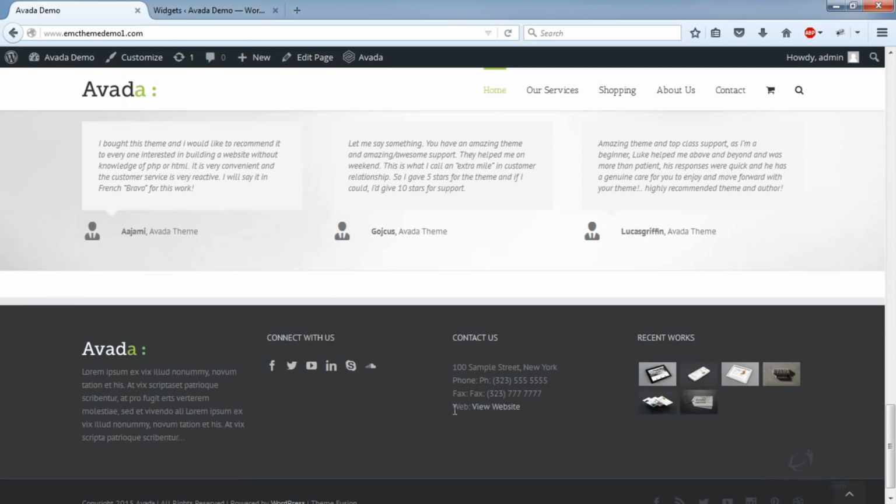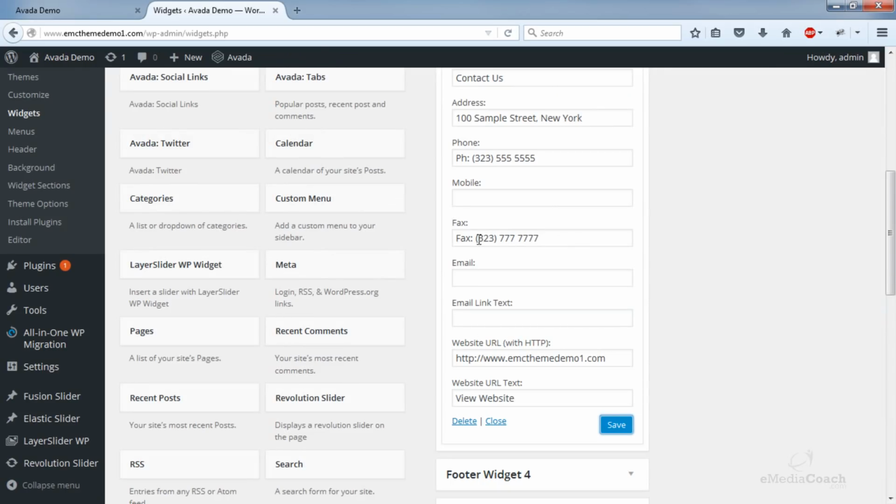That's pretty cool. You'll see that it automatically puts in the words phone and fax, so I don't need to repeat that.